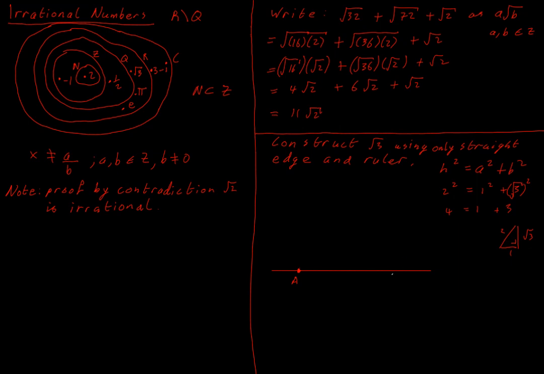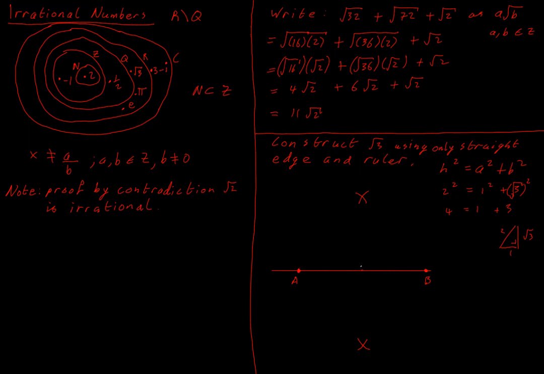Now I'm going to put in another point, B, and I need to get my right angle. That's my first job. So what I'm going to do is get the perpendicular bisector of AB. To get my perpendicular bisector, I open up my compass. I put the sharp point of the compass at A, and I go comfortably more than halfway from A to B, and then I go up and draw an arc